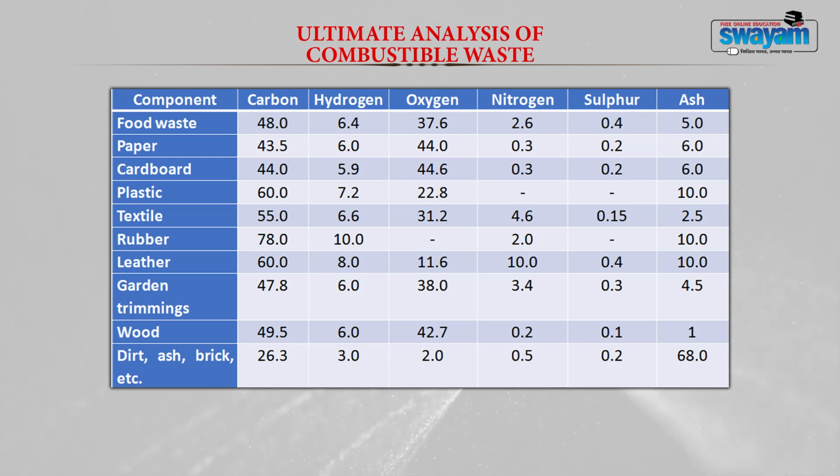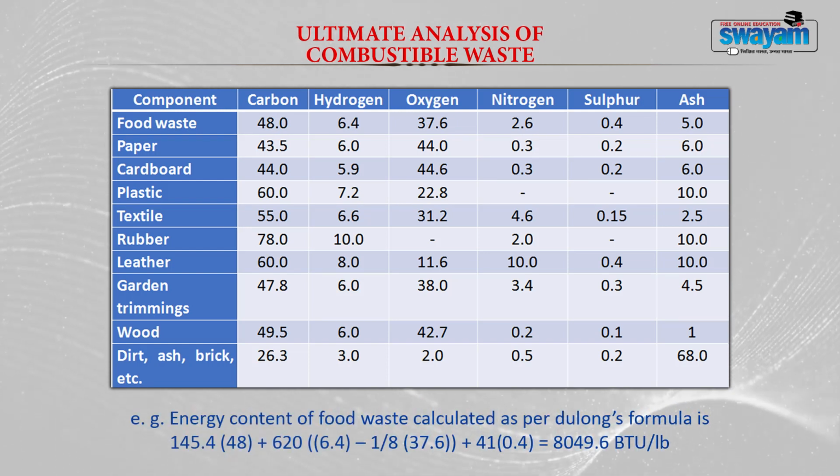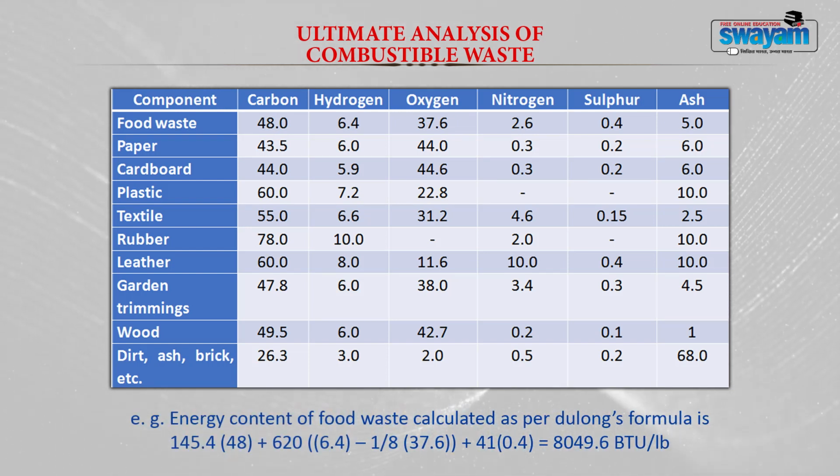That is calculated below the table, where you apply the carbon, hydrogen, oxygen values in the Dulong's formula, which is 145.4 into 48 for carbon, plus 620 into 6.4 for hydrogen and 37.6 for oxygen, plus 41 into 0.4 for sulfur. So, the total energy content present in the food waste is around 8049.6